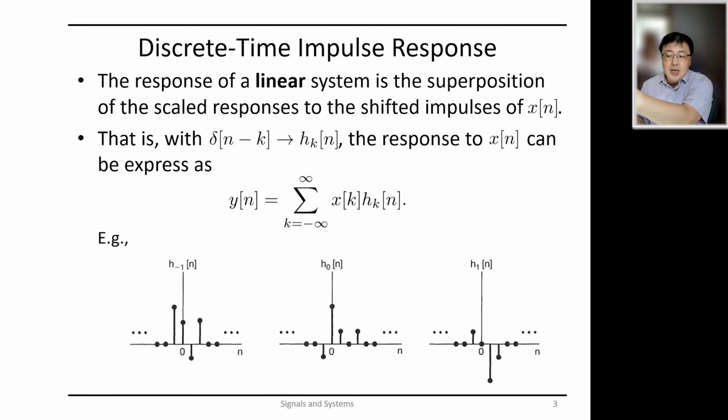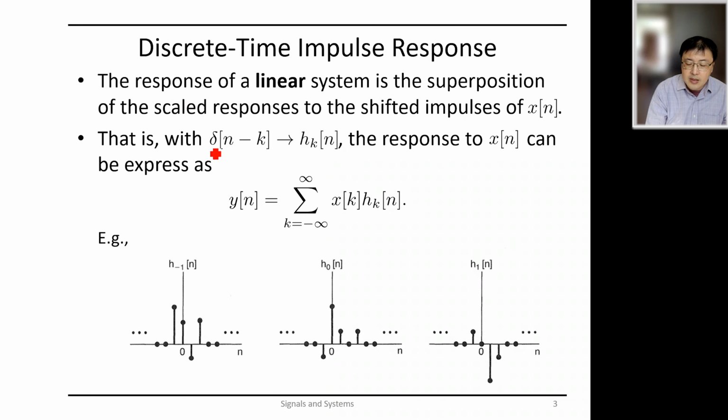So then the response, the output of the system, must then be the superposition of the responses of each individual time-shifted impulse. Okay. So mathematically, what this is saying is that, suppose that